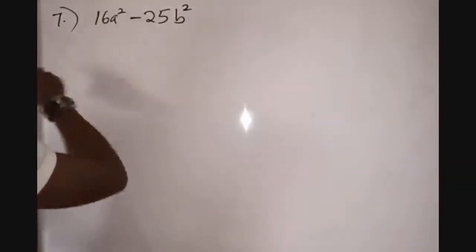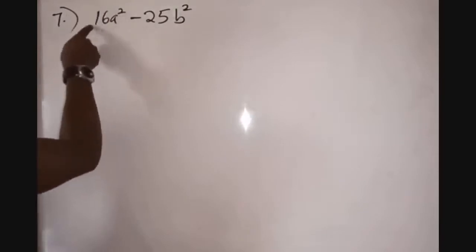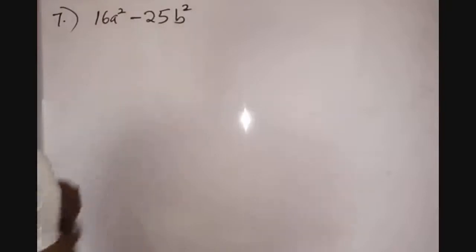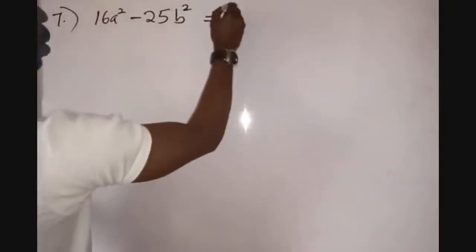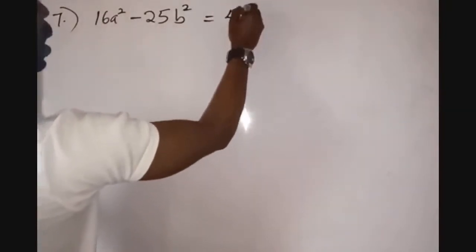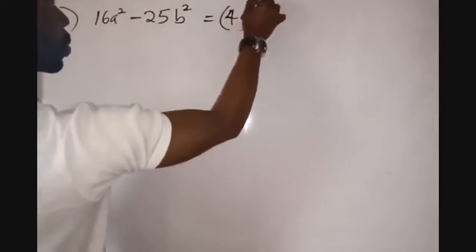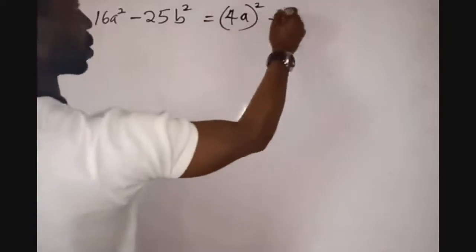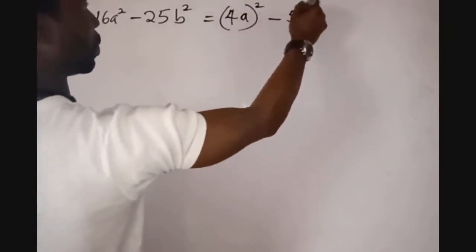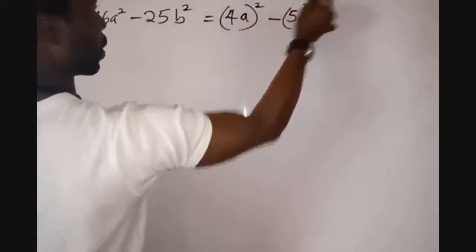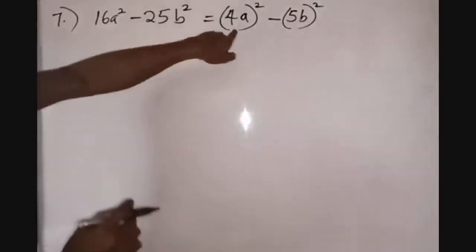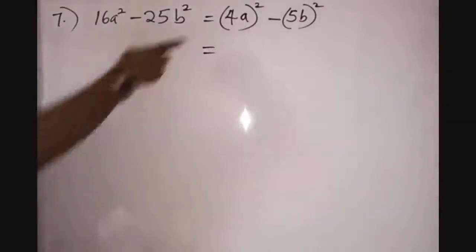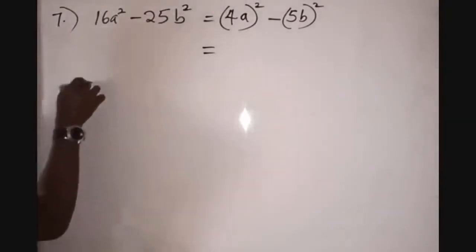This is squared. This one too, there's a number you can square to get 16. Similarly too, there's a number you can square to get 25. So let's introduce those numbers. So we have 4 and A. I can square them. This is the same thing as what I have here right now. And the other part too will be 5B. Everything can be squared. This is now looking like what I showed you before, where we had A squared minus